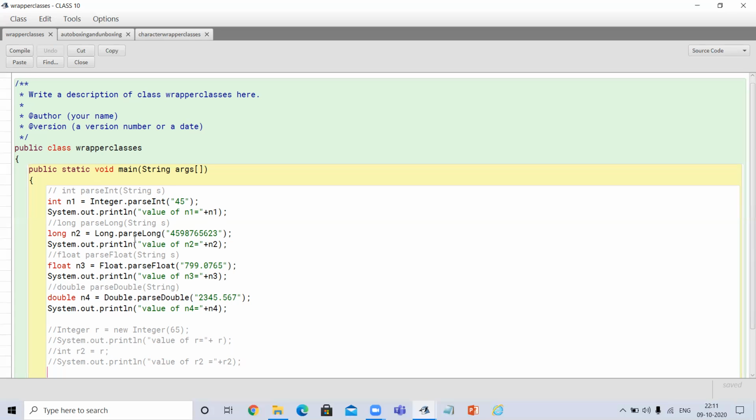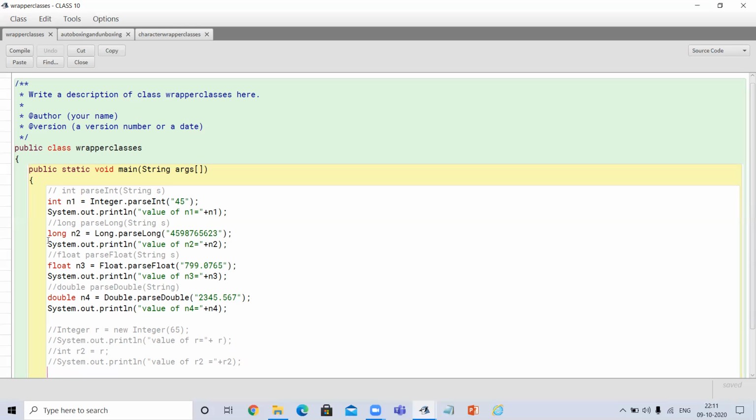Next one is long n2, where we are using the method Long.parseLong. It will convert this string value into long data type, so that's why I have taken the variable n2 of long data type. After this method, it will convert this value into long.